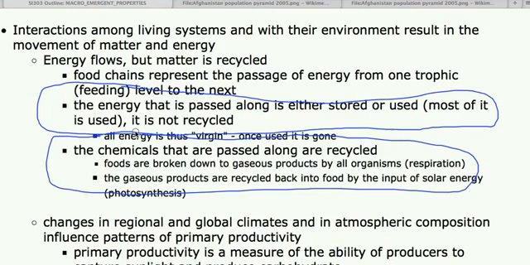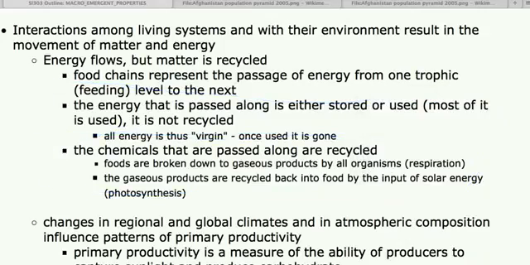But the energy that you're using right now is virgin. It came from the sun not long ago. It was stored by a plant. You ate the plant, or you ate an animal that ate the plant, and that energy is now coming to you. It might have been helped along by fossil fuel, but it came from the sun. It was solar energy, traveled 93 million miles. It hit a plant leaf. It got stored in a sugar. You used the sugar. You took that energy and incorporated it into the chemistry of your body. Eventually, you'll use it as ATP energy, if you recall, in the lovely metabolic reactions that occur in the human body.